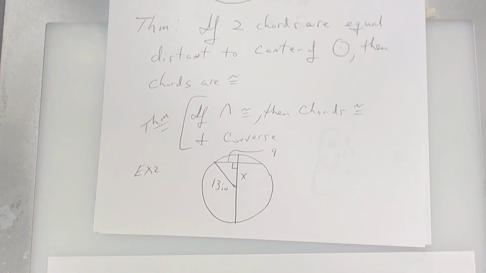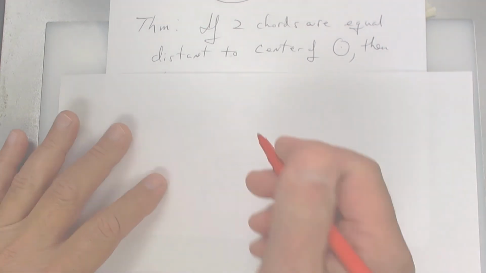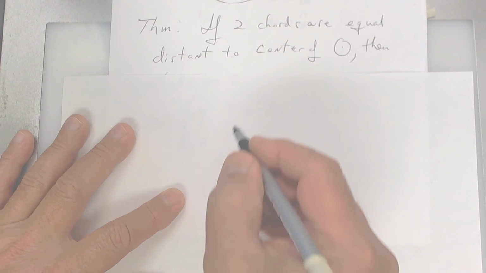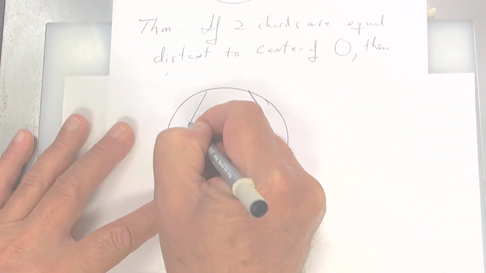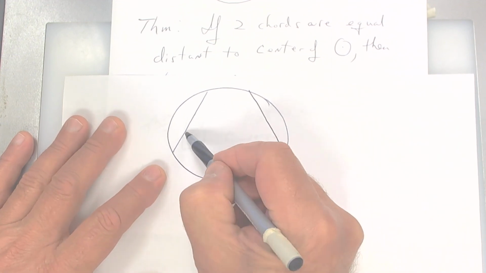The theorem says, let me read it again: if two chords are equidistant from the center of the circle, then the chords are congruent. So what this is saying is, if you have a circle and you have a chord like this and another chord like this,